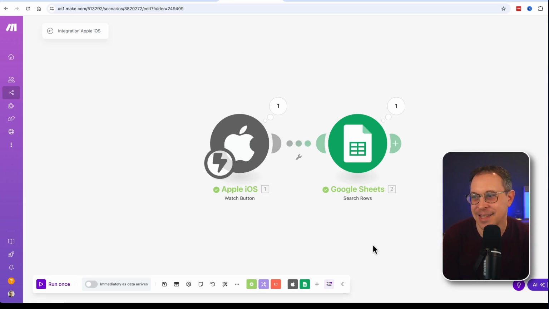And that is how you create an automation to trigger something from your Apple phone, your iPhone, and pretty cool. So is this one that useful? Is it a useful automation? On its own like that, probably not going to do a whole lot. But this in combination with ideas,